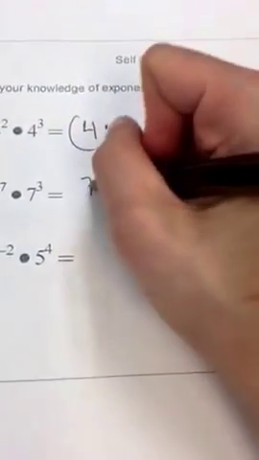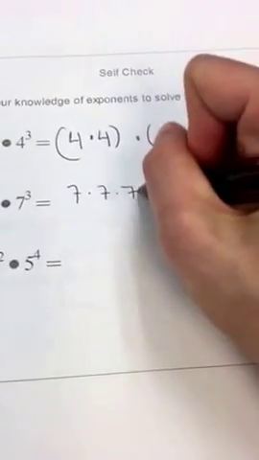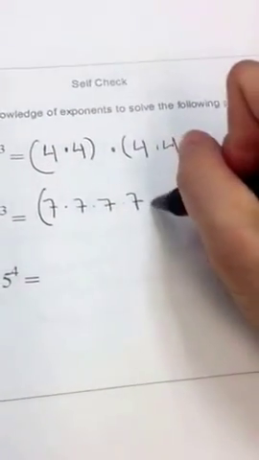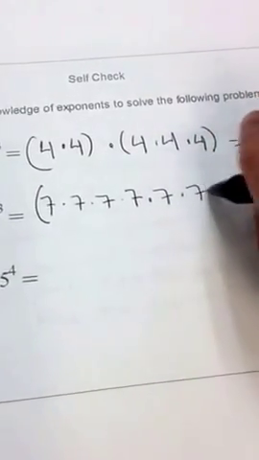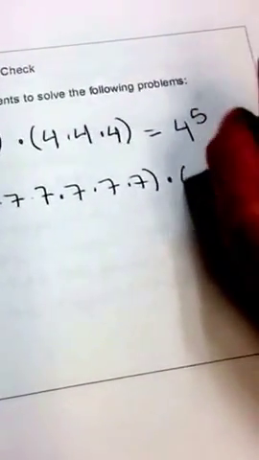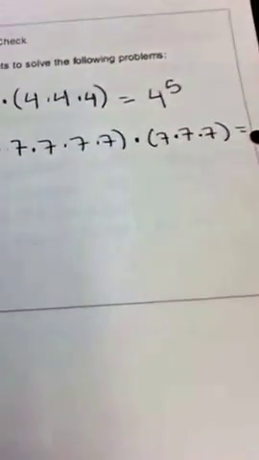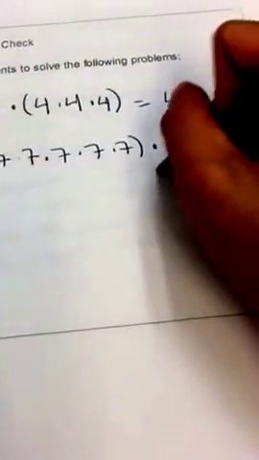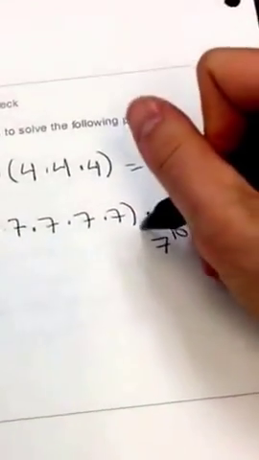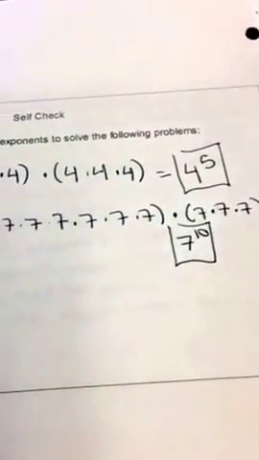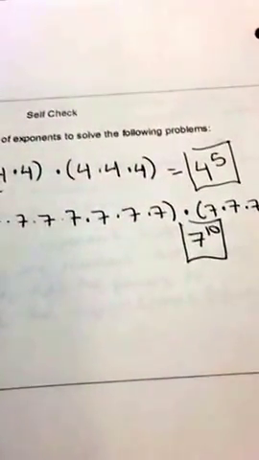Same thing here: 7 times 7 times 7 times 7 times 7, and so on. How many 7s do I have? I can see exactly how many 7s I have: 10 7s. So that is the product rule, and tomorrow we're going to work on negative exponents and dividing